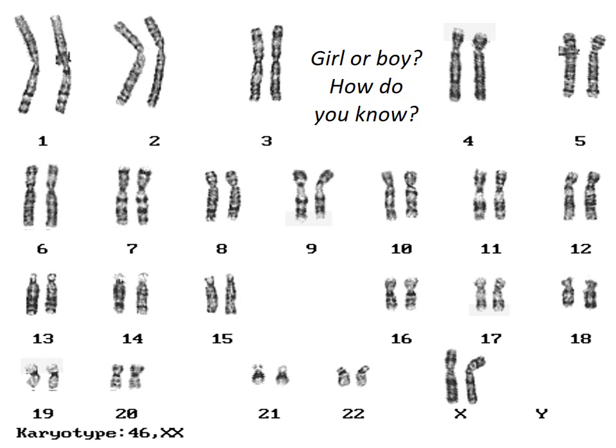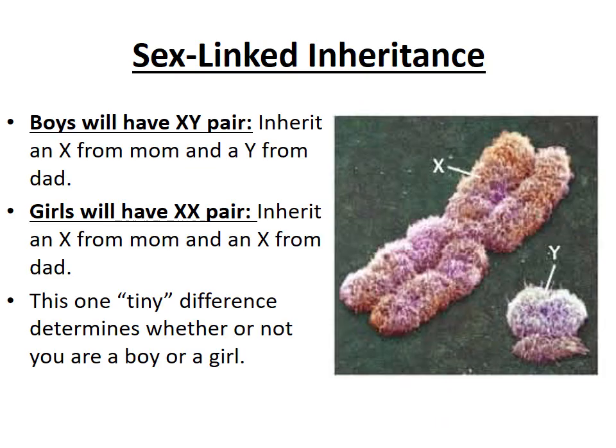You should be able to predict if something is a boy or a girl based on their karyotype. So over here you can see we have 2 X's, that would be a girl. And any gene found on the X chromosomes would be considered an X-linked gene. Remember that boys will get an XY pair and girls will get an XX pair. And it's that small difference that makes the boy a boy. So having that Y chromosome will make the boy a boy, and having 2 X's will make the